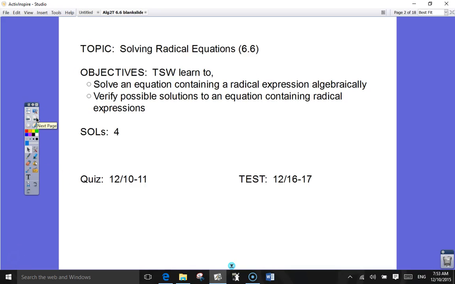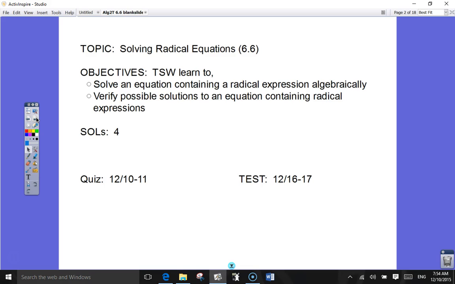Solving radical equations. So we have to learn to solve them and then verify possible solutions. And that's true because, whenever you solve an equation, you probably check the answer sometimes. But it's even more important with a radical because radical equations can have, like we saw with absolute value equations,